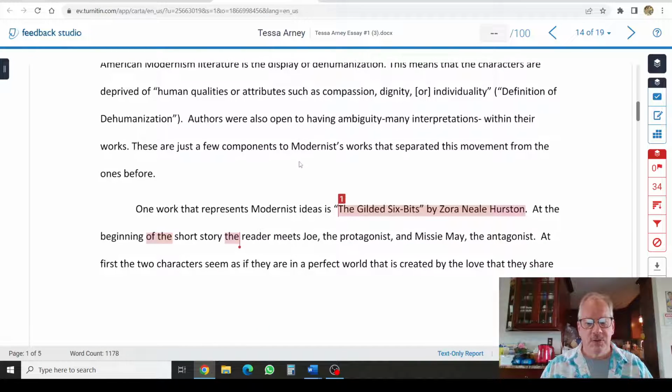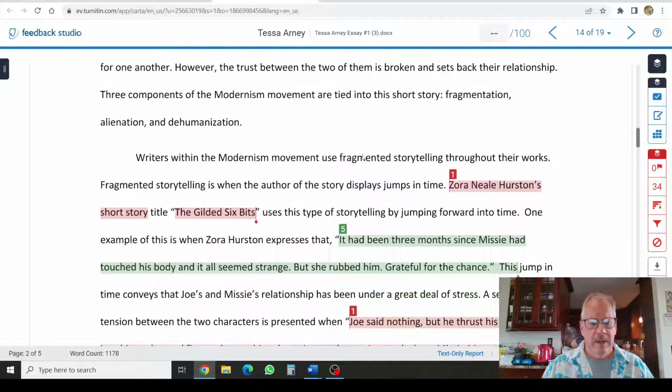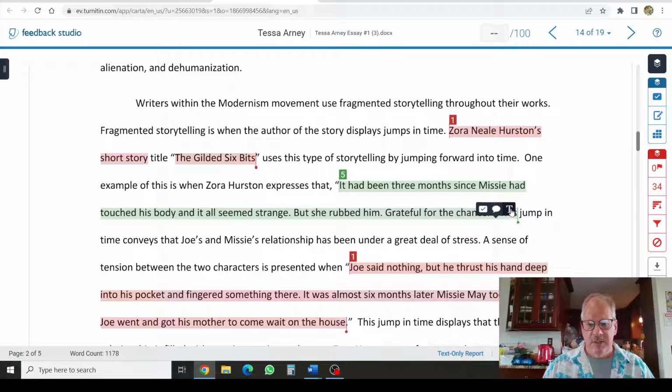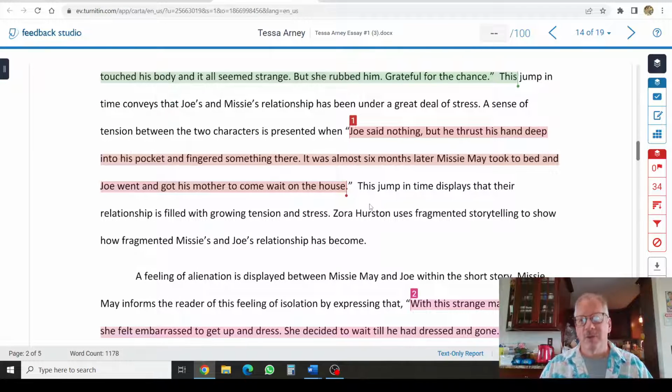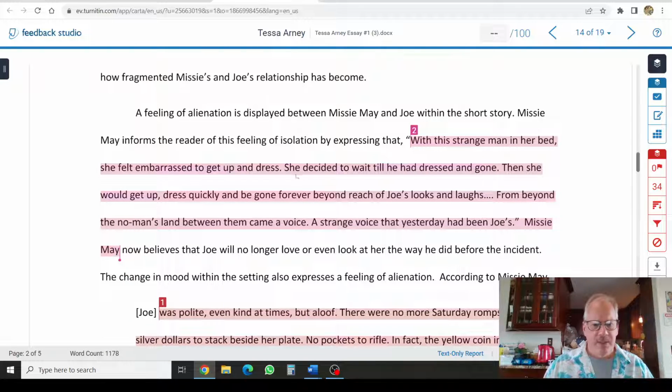So you just kind of want to go through, see what it's highlighting. The Gilded Six Books by Zora Neale Hurston is not a plagiarized passage. You can't rephrase that in any other way, right? Notice it's highlighting the various quotes she's using, and there's nothing wrong with that. All Turnitin is saying is that somebody else has used this quote in an essay before this one, and probably a course they have, right? This is a pretty popular writer with a fairly popular short story to use for essays. Again, highlighting